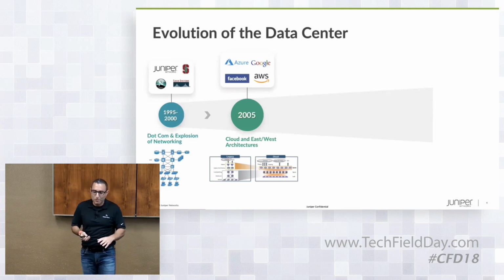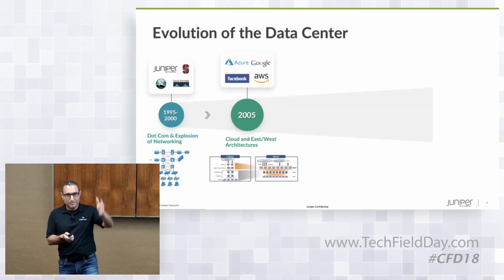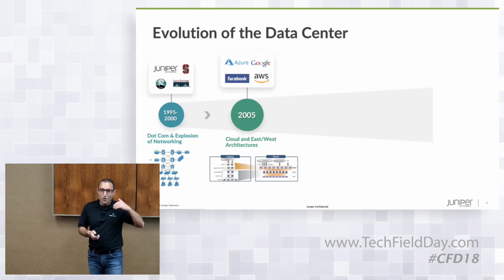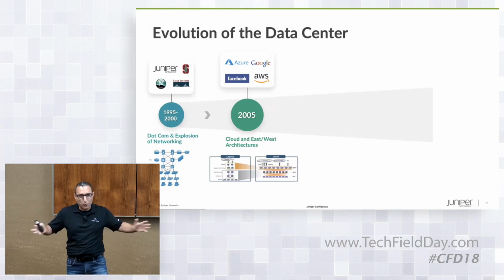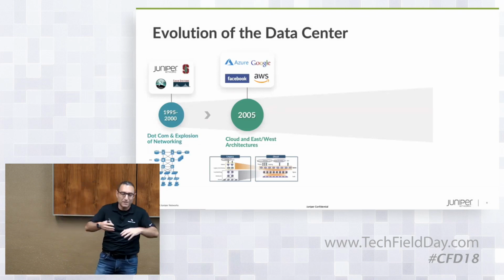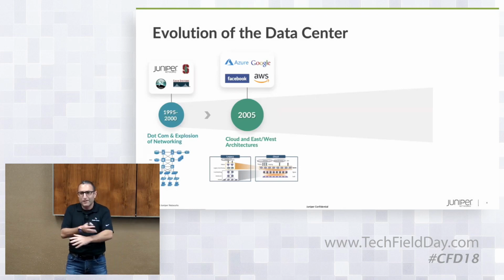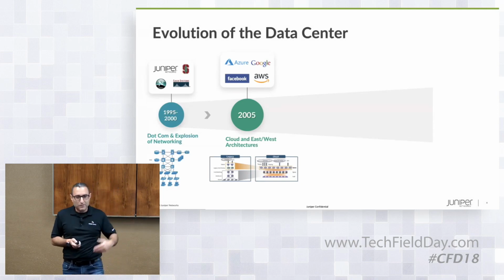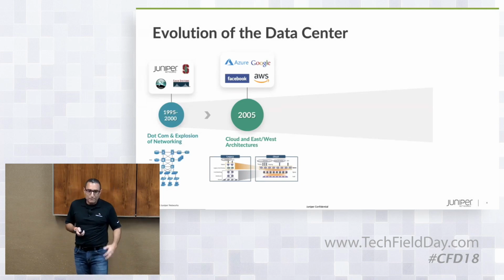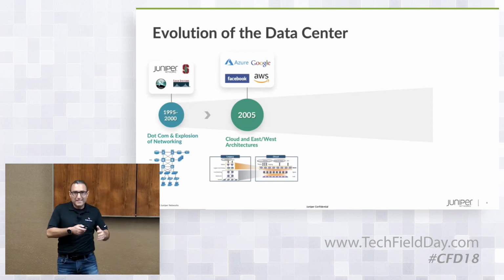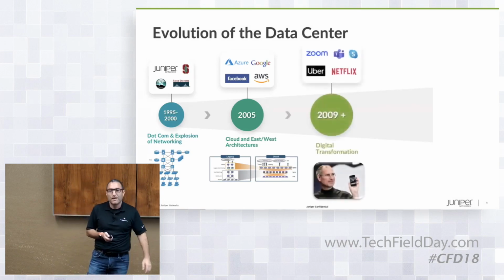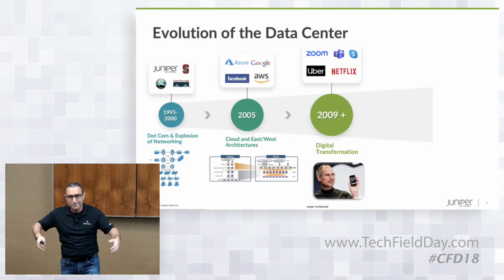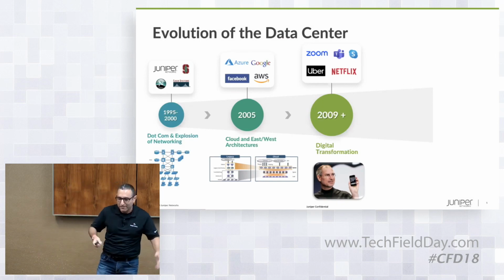chatter between the servers. And so we moved from north-south application or infrastructure architectures to these east-west architectures. And so from the access, distribution, core to what is referred to as leaf-spine, or leaf-spine-super-spine, that support a lot more east-west traffic within the data center. At the time, I was at a company that I joined early called Arista. And arguably we led the way in this transition to these leaf-spine architectures. And so that was in 2005. And with every one of those evolutions, we see more explosion in networking traffic.